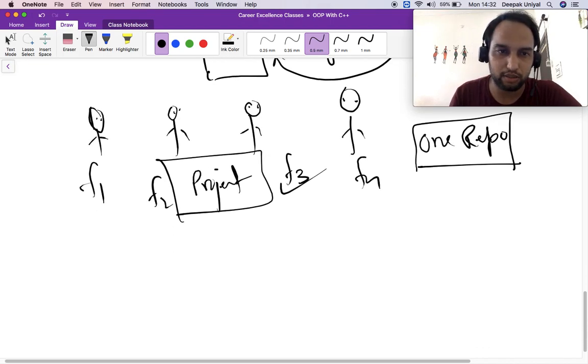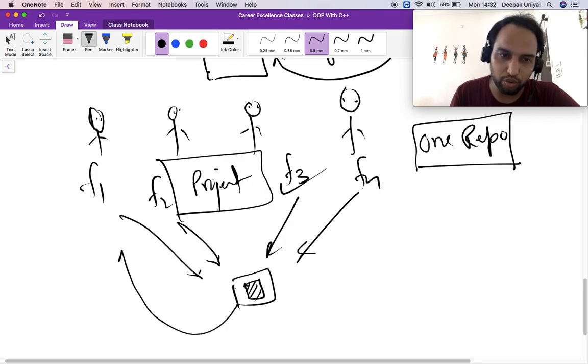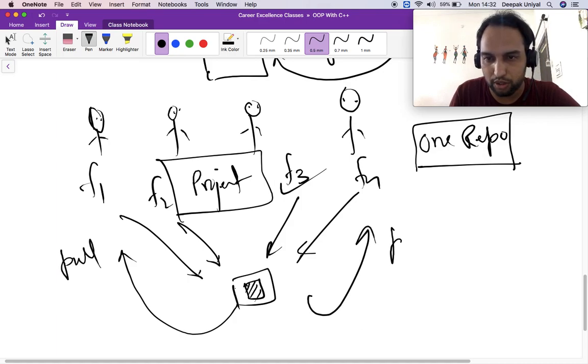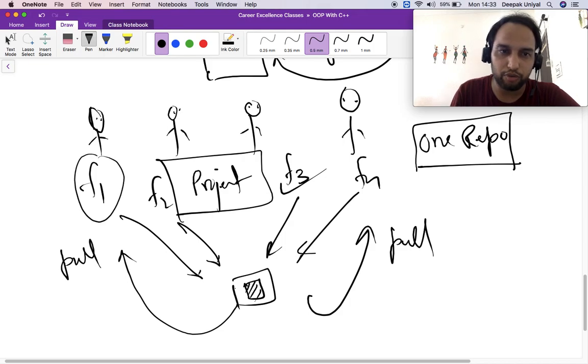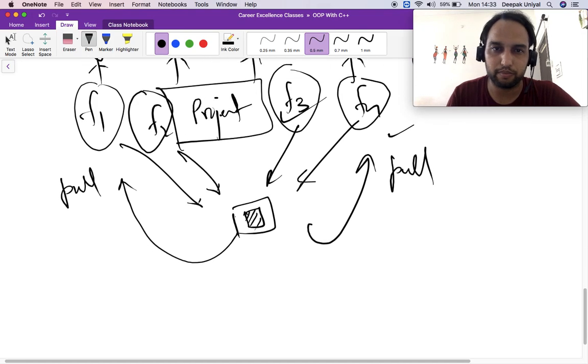Then there will be a central repository where you will be pushing your code, right? And all code will be here. When you try to pull the code, you will get updated files from all of your friends, right? So this is the use of Git and GitHub.